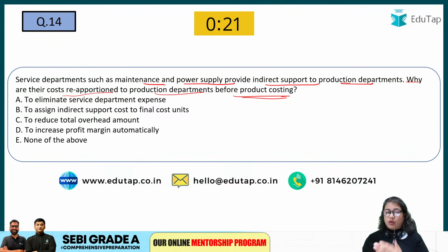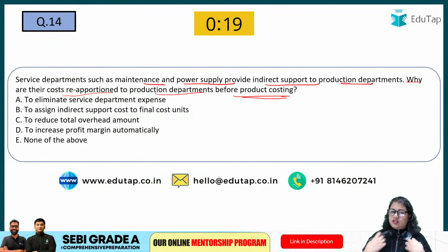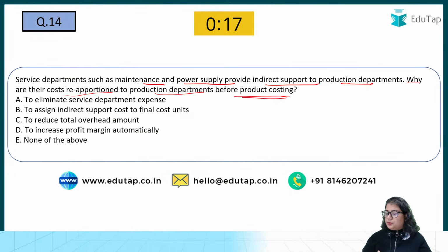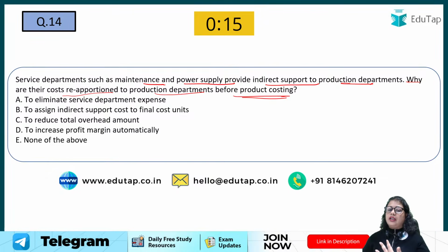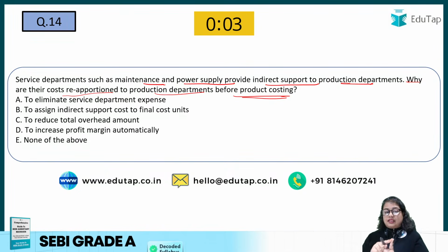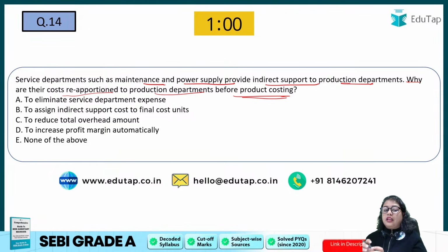Do you know why they do that? Because they say that we are not making any product. We are not making product, so why should we keep the expenses with us? We will reapportion it to you, right? So basically they are reapportioning so that they can assign the cost to the product cost, to assign the support that they are giving, the indirect expenses that they are doing, they need to assign that to the product cost,